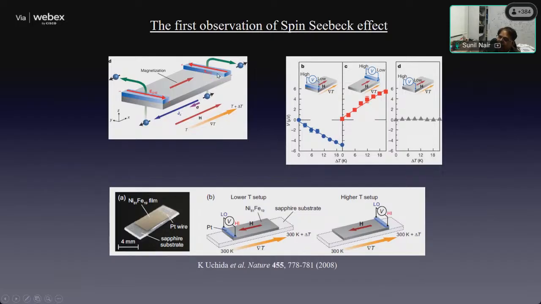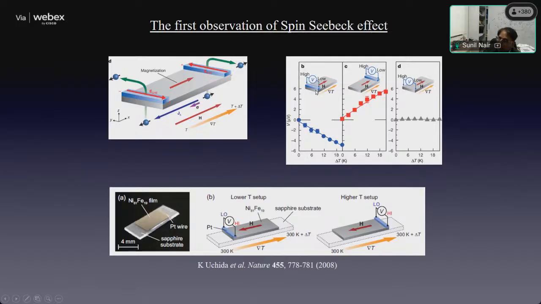And then what they do is that they put two thin pads of platinum on top. If you see this, okay. What happens is that the spin current goes, it encounters this bar of platinum. At the interface, it then converts from a spin current to a charge current through the inverse spin Hall effect, which I mentioned earlier. And that now gives rise to a finite potential difference. So if I take a voltmeter and I put it across these two ends of the platinum bar, I actually get a voltage. Okay, I go to the other end, I get a voltage in the opposite direction.